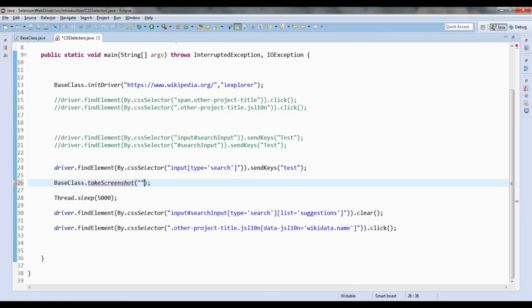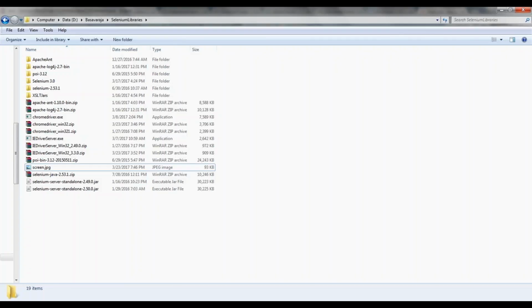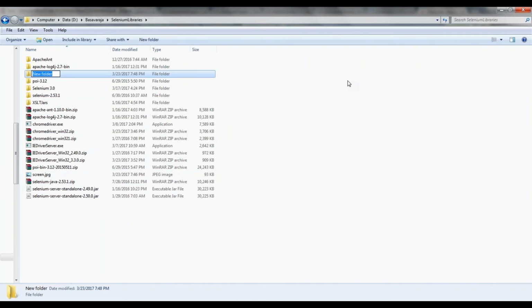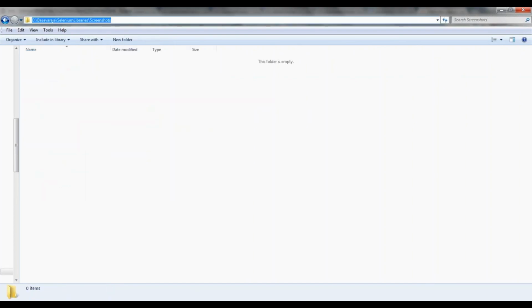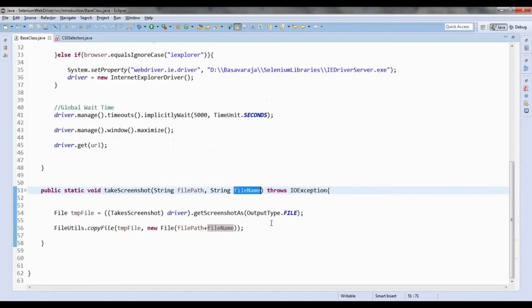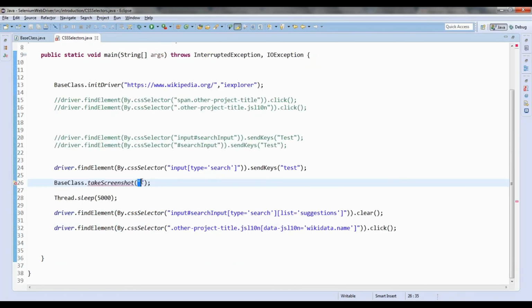So I will pass my path here, or I can keep a generic path, like a new folder and then screenshots. So this is my generic path. In your code, if you want, you can keep a generic path, or you can provide that path respective to the directories.